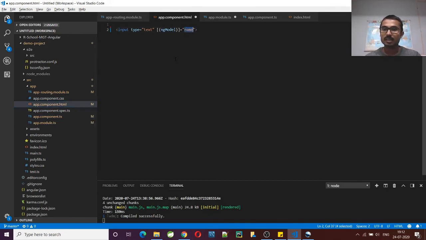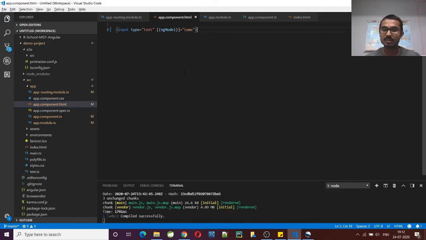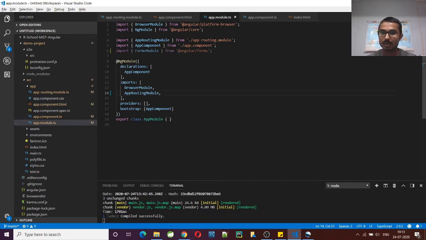Once I save with Ctrl+S, what I believe is it will give some error, because ngModel is used in the forms element. This input element belongs to the forms module. So if we are using something from the forms module and we are not importing it in our app module import section, then it will give an error.